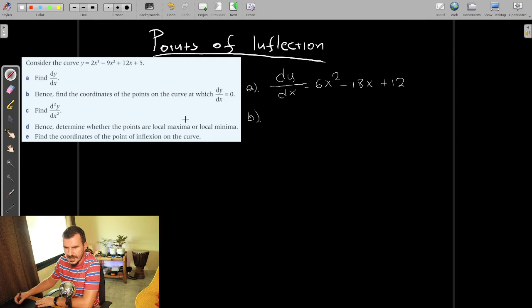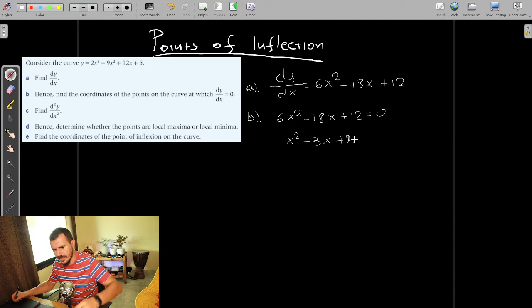Hence, find the coordinates of the points on the curve at which the first derivative dy over dx is 0. So basically I need to find where these points are that make the first derivative 0. So basically I have to solve, if I divide the whole equation by 6, x squared minus 3x plus 2,